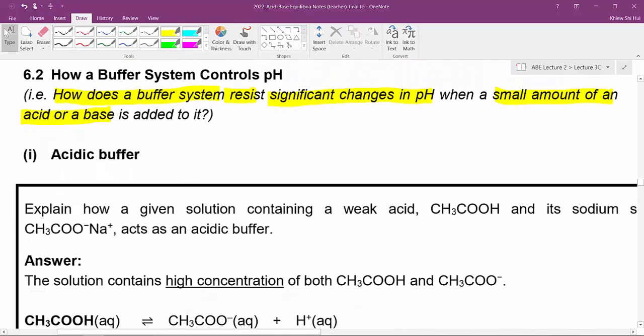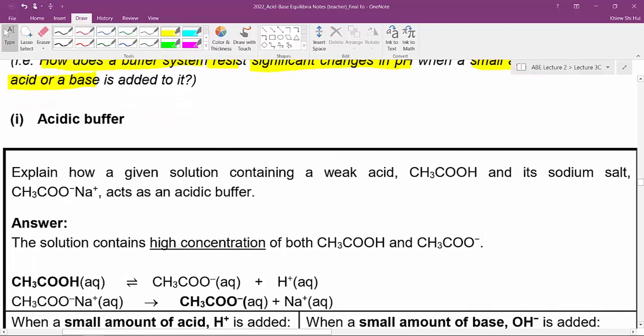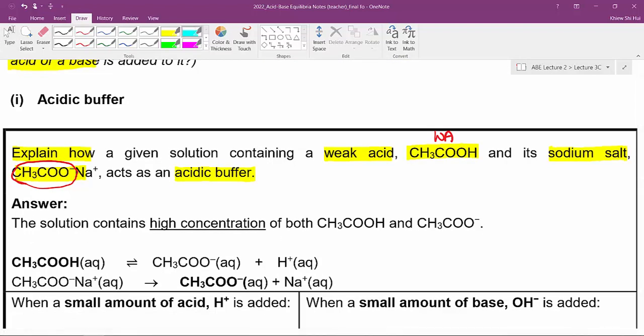We will first look at the acidic buffer, and over here this is an example of how a question is phrased to explain how a buffer works. Explain how a given solution of a weak acid and the sodium salt acts as an acidic buffer. Here you need to recognize that the weak acid and the conjugate base form the components of the acidic buffer. In answering the question, you need to mention the high concentration of CH3COOH and